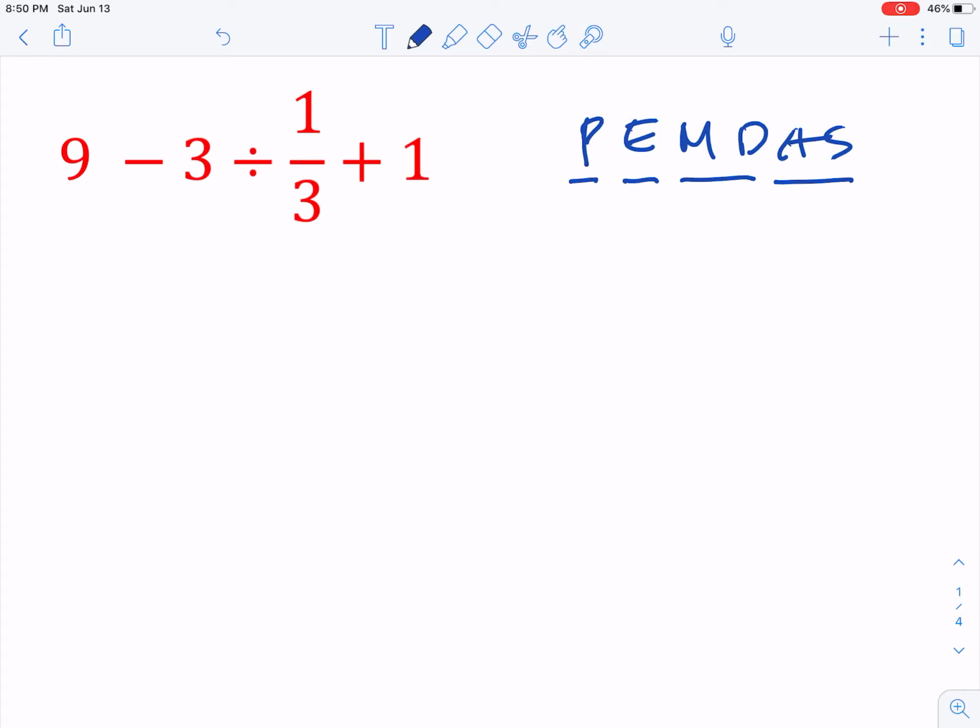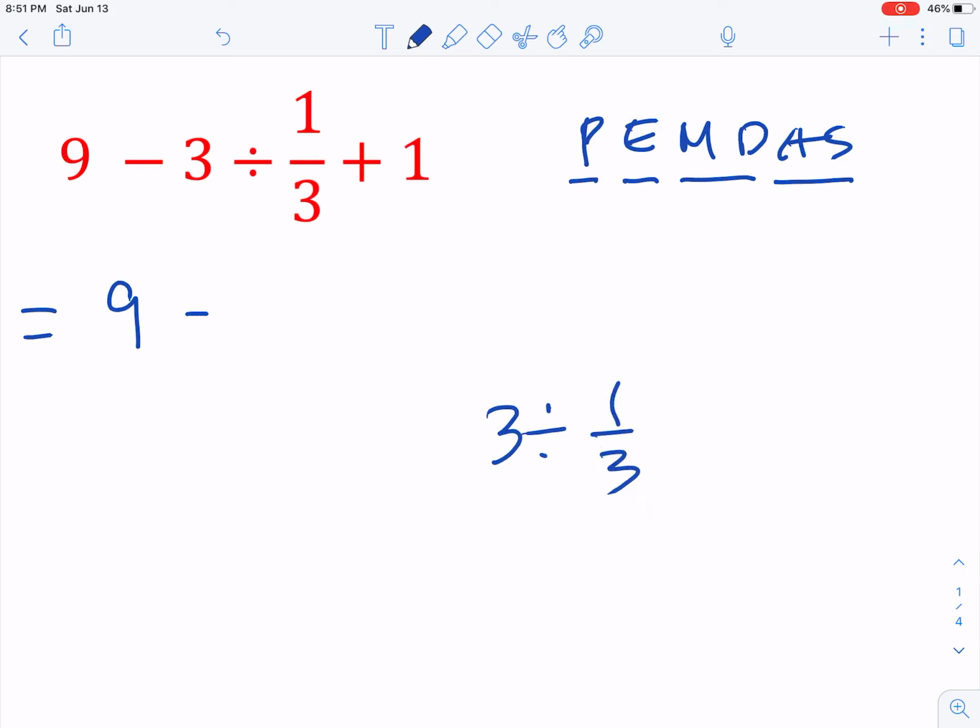Okay, so dito sa expression na ito, I think we will all agree na unahin natin to kasi division comes before addition and subtraction. No? So magiging 9 minus 3. Ano ang 3 divided by 1/3? 3 divided by 1/3